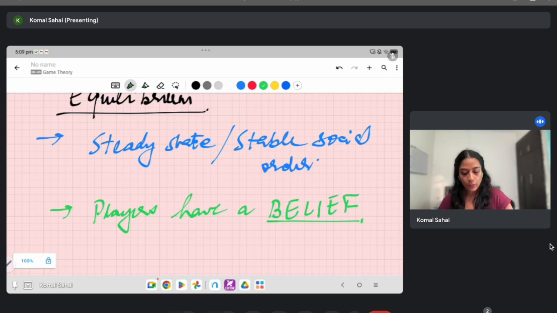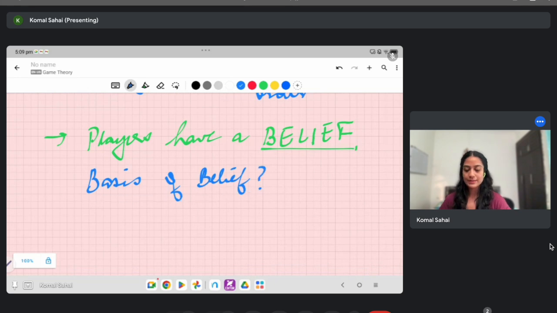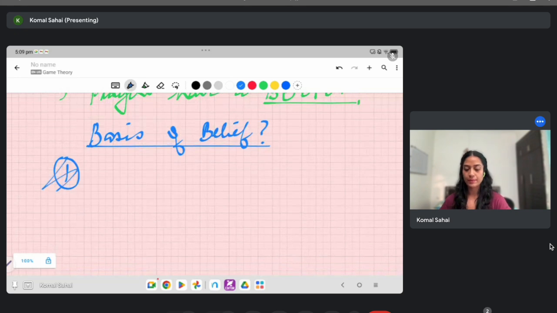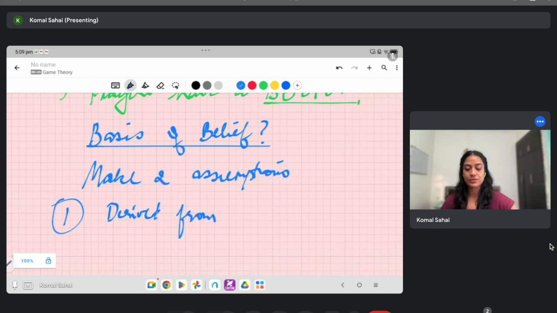Now, what will be the basis of forming this belief, right? So what is the basis of belief? इसके लिए we will make two assumptions. So let's make two assumptions. Okay. The first assumption is that each player's belief is derived from past experience